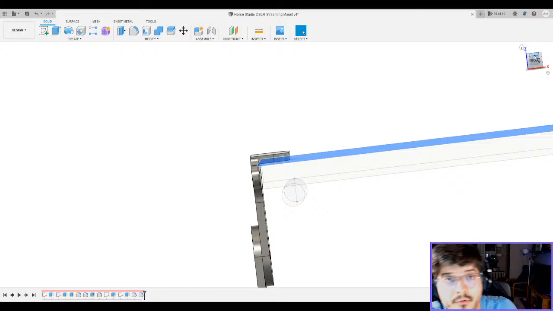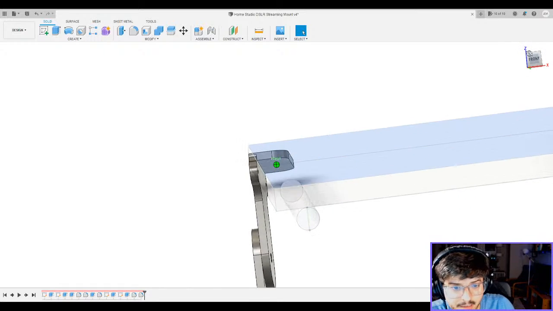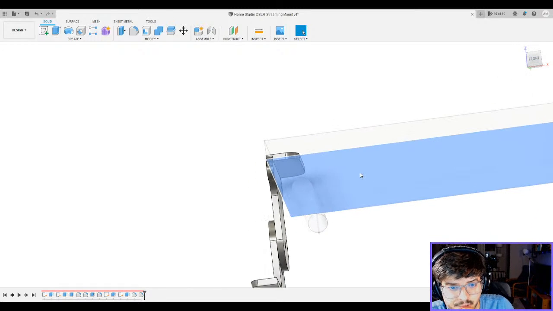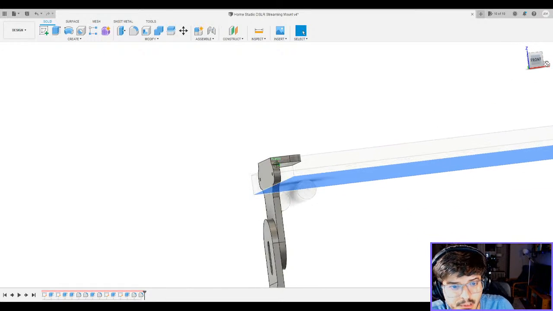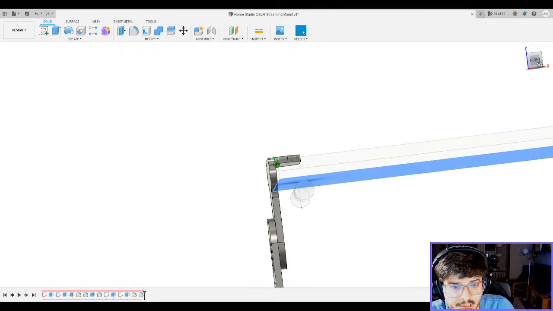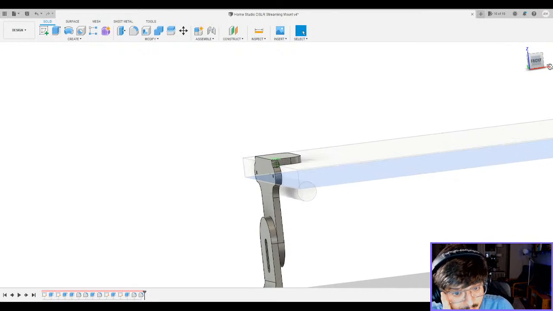I mean, not a great option would be if I had another piece underneath here as well that kind of sandwiched it. It's not a bad, it's a possibility.